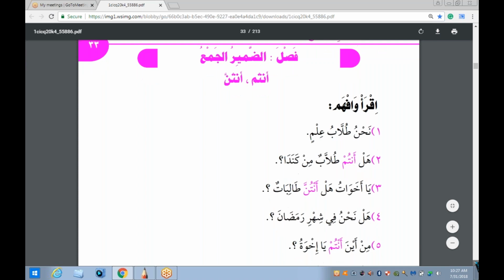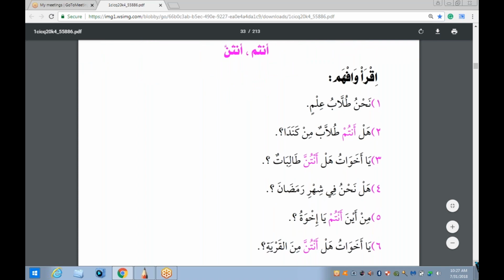We're going to read from the beginning to the end, and then we're going to come back and translate, inshallah. الجملة الأولى, the first sentence, نحن طلاب علم. الجملة الثانية, the second sentence, هل أنتم طلاب من كندا؟